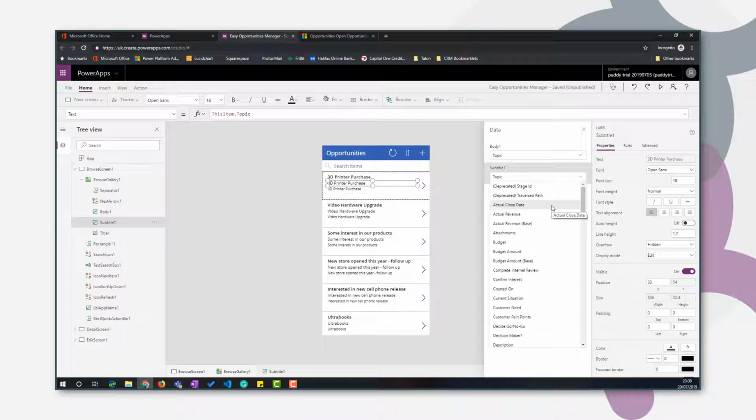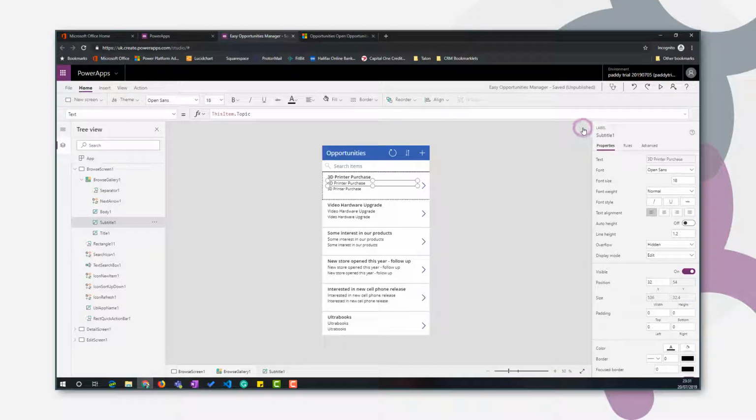Now that's because the account field in Dynamics 365 is a lookup to another entity, the related account entity, and the account name resides on the account. So we need to create a relationship between the account entity and our Canvas app and pull the name field through. In order to do that, or the best way that I've found to do that, is close the data pane,